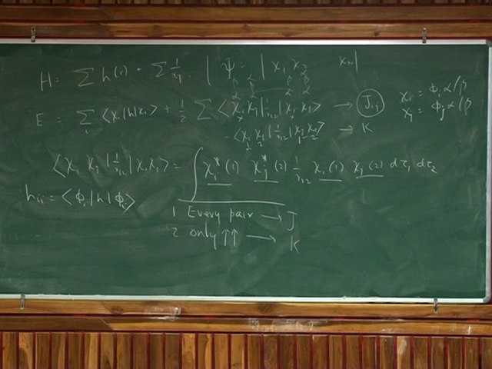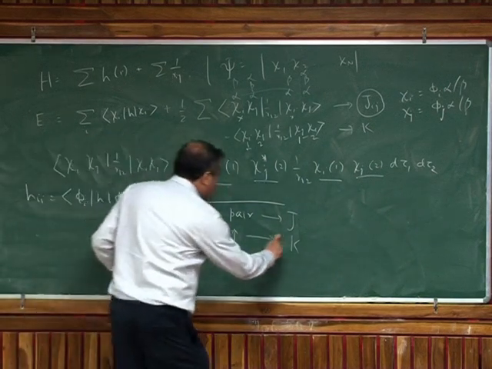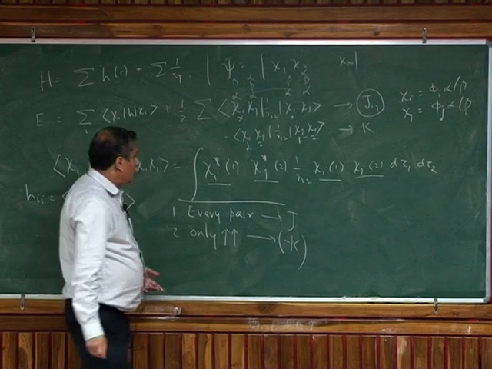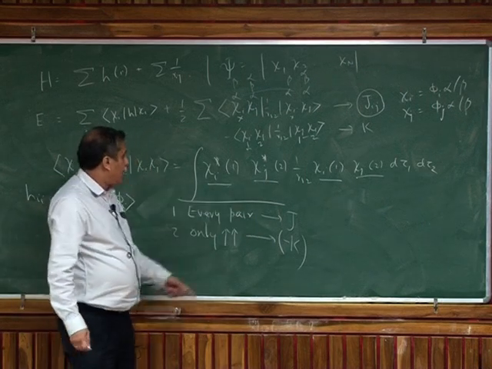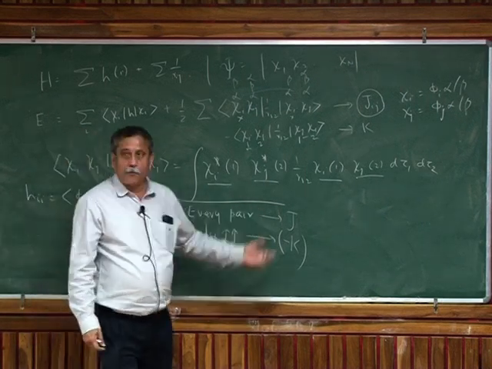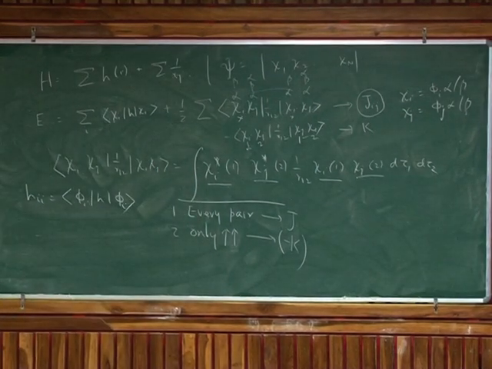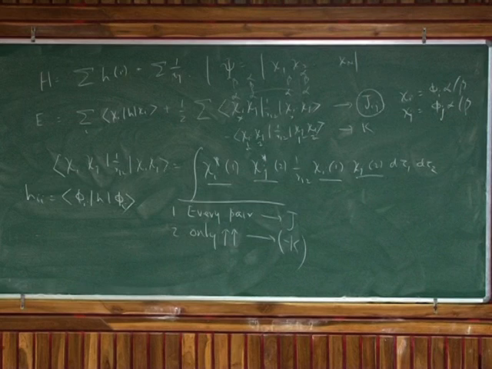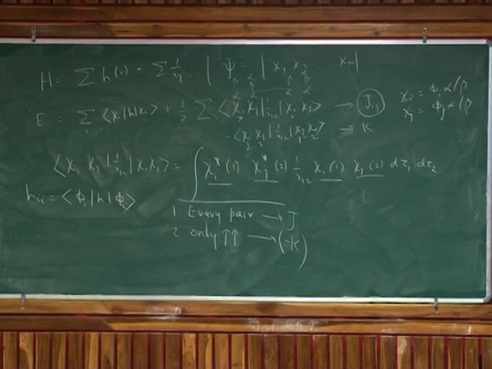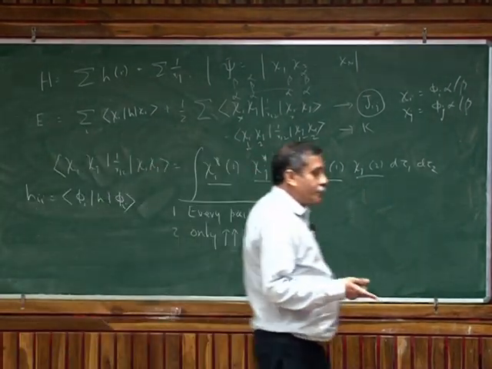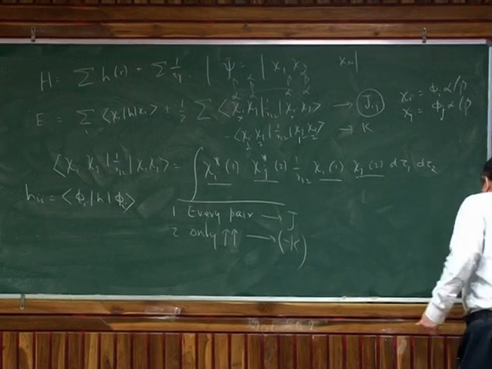The J has contribution for all pairs, K has contribution only from parallel pairs, and K comes with a negative sign. So that is also something you should remember. So for a parallel pair you have J minus K, for an antiparallel pair you have only J, and hence the genesis of the Hund's rule. Okay. Alright, so now what we want to do is to see how we can go beyond